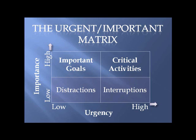And on the bottom of the chart, you've got your low importance and low urgency. These are your distractions. It could be emails and telephone calls. If you're checking your emails on a regular basis throughout the day, you're wasting a lot of your time. If you give yourself 3 times during the day where you check your emails, first thing in the morning, before or after your lunch, and then last thing during the business day,